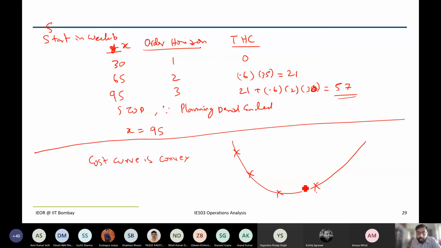But if your step sizes are too large, because it is a continuous function that we have drawn, but we evaluate it only at discrete points, because only those many options are feasible anyway. So we don't need to evaluate all the continuous options. We evaluate only these options. So that is the intuition behind identifying the stopping condition, where the stopping condition is that the cost of the subsequent period, by adding that extra unit, your total cost increased. This is like the total cost curve. Total cost increased, and you are better off not increasing the production any further. So that's what has happened. So that's the intuition.